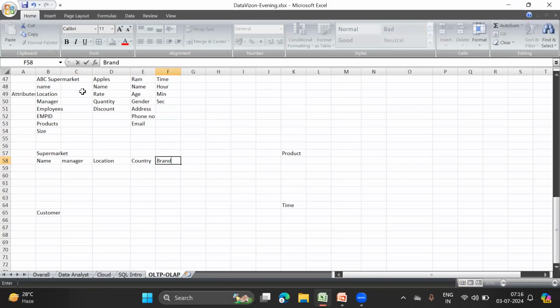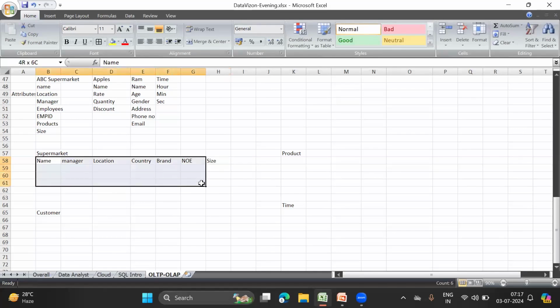If the supermarket is a Reliance store, it belongs to Reliance. If you have a Chroma supermarket, that Chroma supermarket belongs to Tata. I also want to note how many employees work here, and what is the size of this supermarket. So now we have created a table, and this table is going to have these columns, and these columns specify a specific attribute, right?